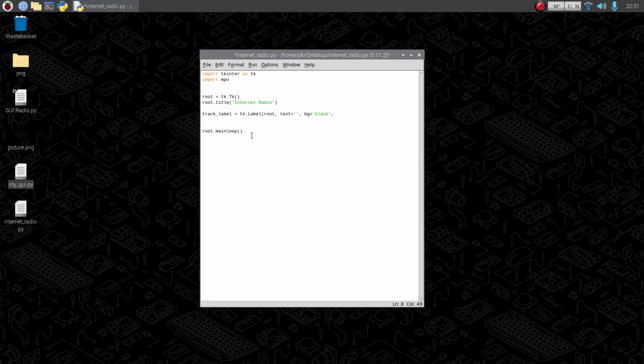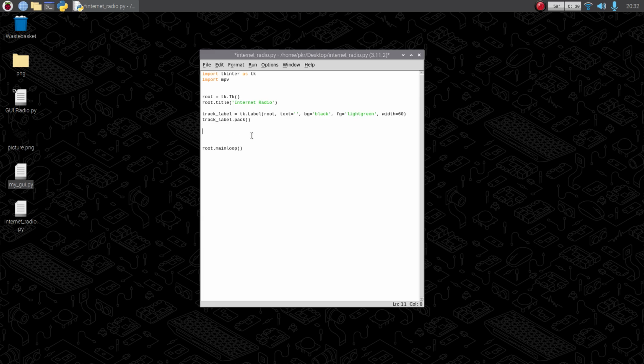I'm going to set the foreground equal to light green, so it stands out, and I'm going to set the initial width so it doesn't keep jumping around changing the different size of the window. I'm going to set the width to be 60. We'll do a track_label.pack,